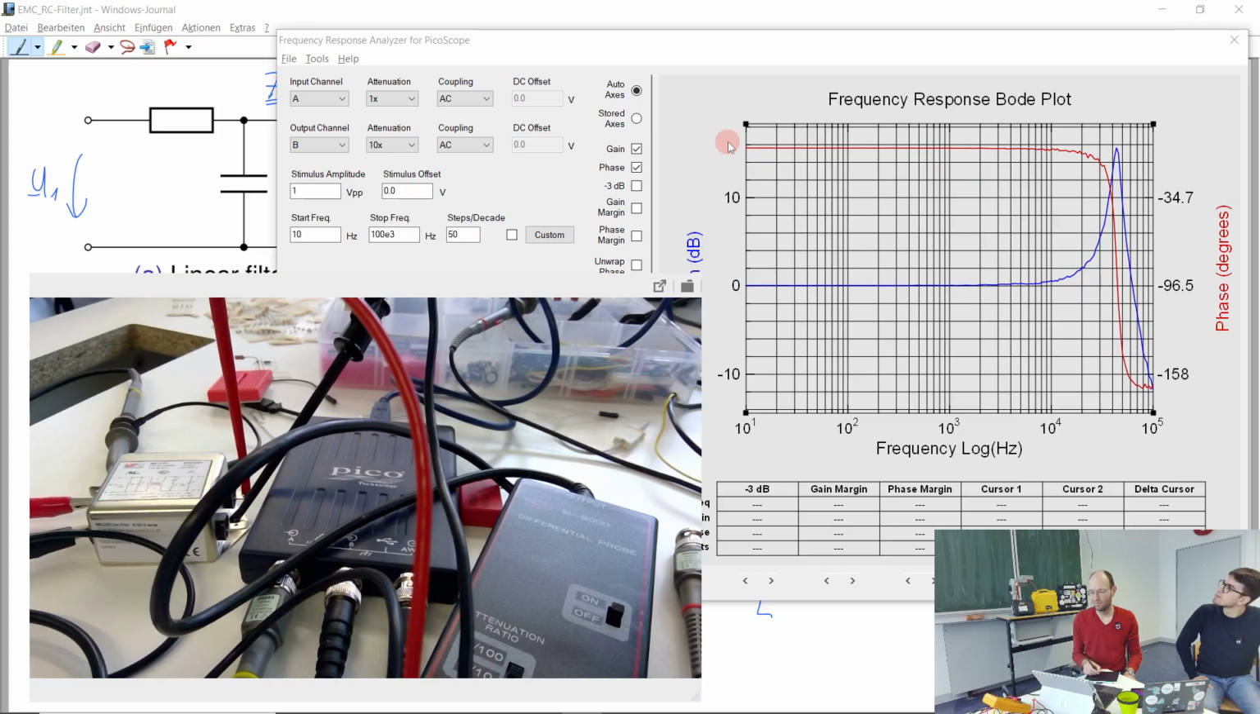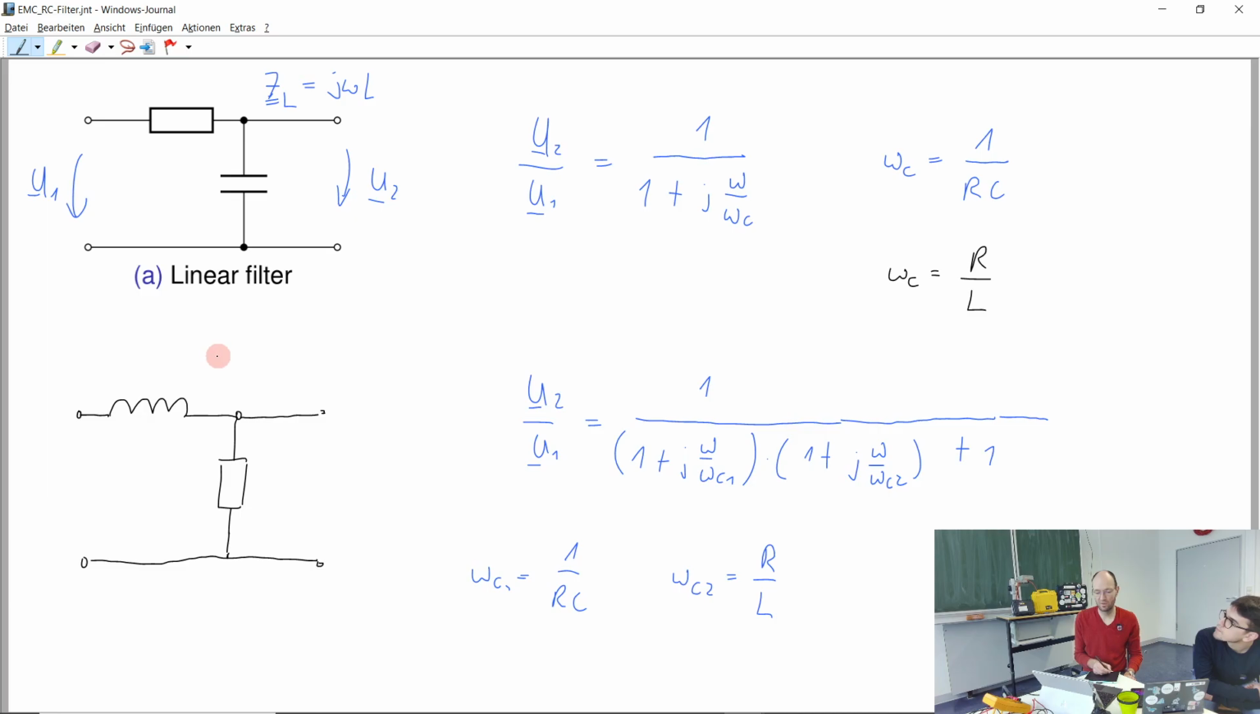And the phase, as you can see, is starting with 0. The phase does not do too much, but then the phase is going to minus 180 degree. And here at this resonance, we have something like minus 90 degree. And yeah, so I think this is somehow meaningful. This does not look too bad. If we would think about a filter,